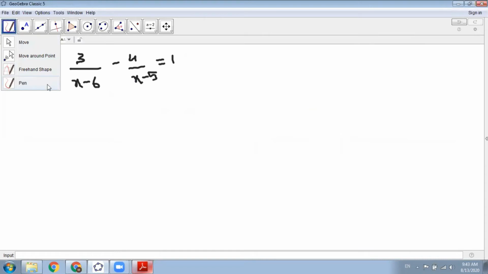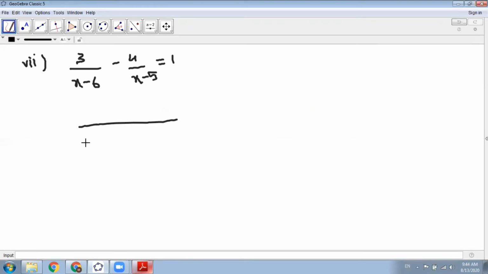Now beta, first of all we have to write the equation in standard form. For this we take the LCM of x minus 6 and x minus 5, and that will be x minus 6 times x minus 5. We did this part in chapter 1 as well, so I hope you all remember how to take the LCM and solve this side. Now x minus 6 is cancelled out with x minus 6, so x minus 5 will go and multiply by 3. In the same way, x minus 5 is cancelled out, and then 4 is multiplied by x minus 6